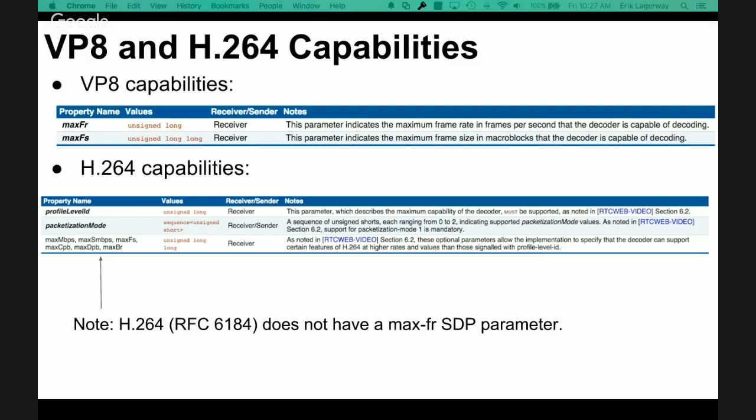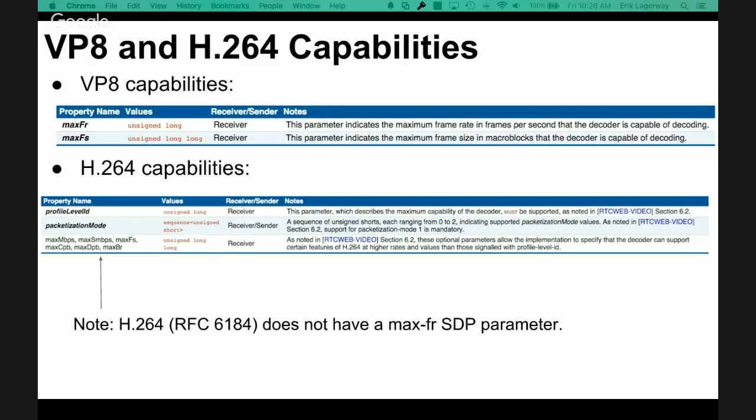And then in the case of H.264, there are the parameters that are in the video draft. And basically, profile-level-id is a capability of the receiver. The packetization mode is a capability of both the sender and the receiver. And then we have a bunch of parameters which are above and beyond what the profile ID says.